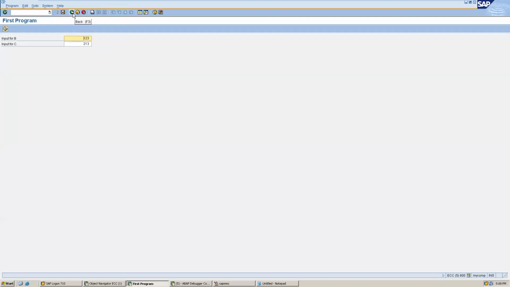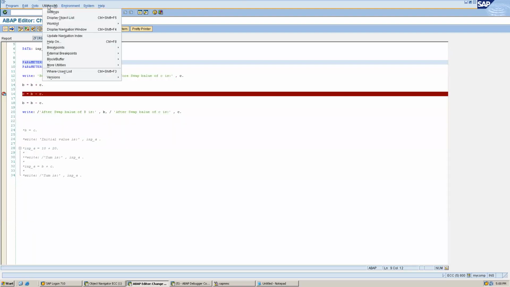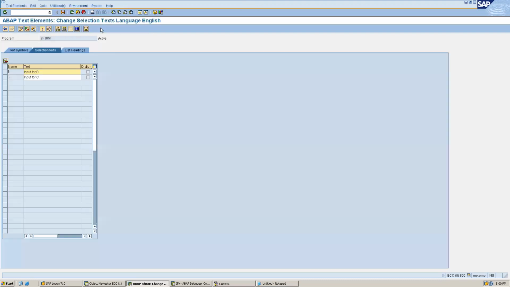Abhishek, how did you maintain that field name input for B? Okay. So here, go to Text Elements, under Selection Texts. Whatever parameters we add, that name will appear automatically here.